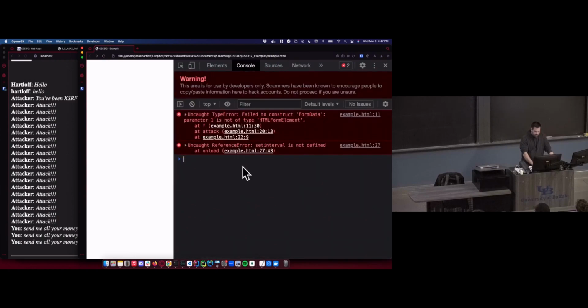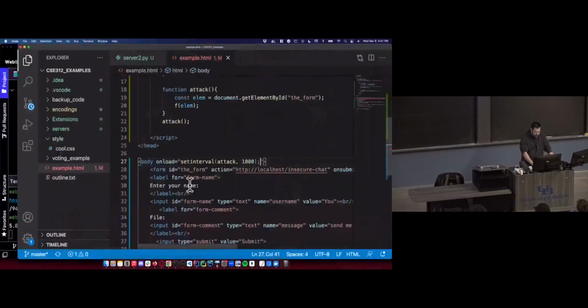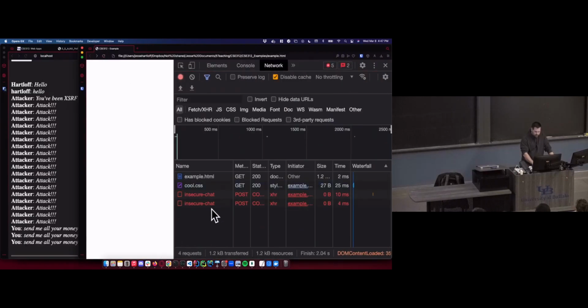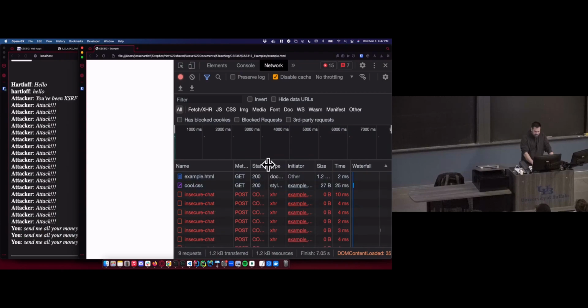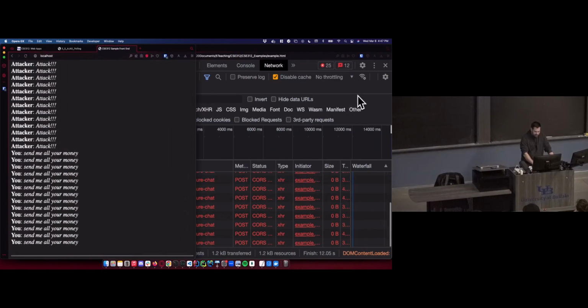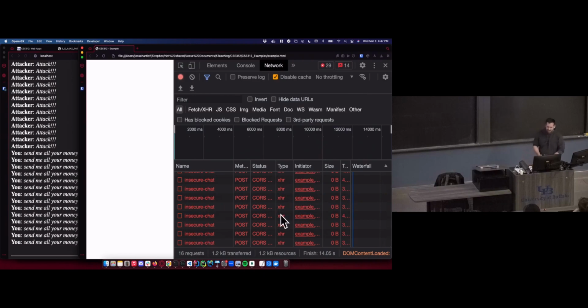Well, let's do more debugging. setInterval is not defined. Is it a capital I? How do I make that mistake? We're actually getting CORS errors. That's neat, but it's still sending the request. The browser kind of knows what it's doing, but not quite well enough. It shouldn't, well, yeah, it is. It's cross-origin because I opened this